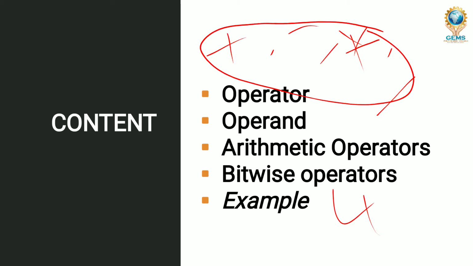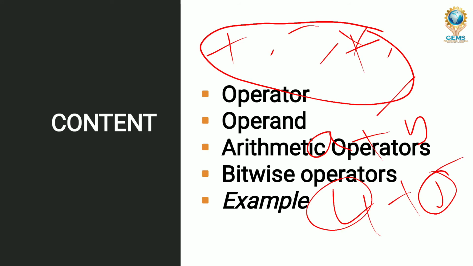What are arguments? 4 plus 5. 4 and 5 both are arguments. And A plus B. A and B are operands. So an operator performs an action over operands or arguments. I hope it is clear what an argument is. 4, 5 are arguments. What are operands? A, B are operands, and the result depends on the operator that you are using.